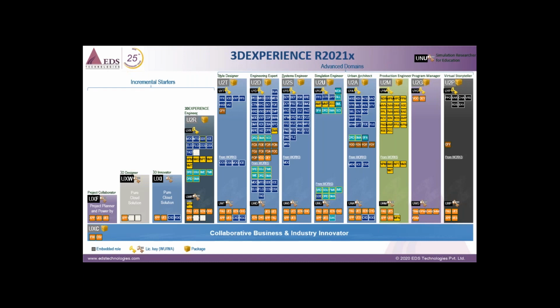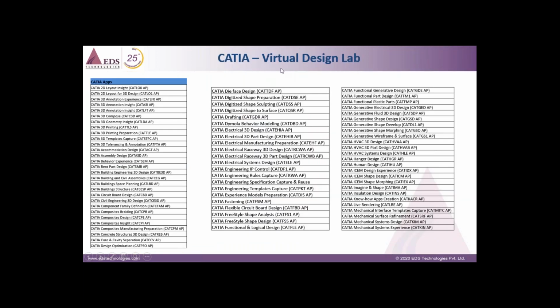And this is what I am talking about, a complete portfolio. Till now we talked only about this 3D innovator, which is covering X design and X generative design. As I said, if you want to continue on advanced CATIA virtual design lab, the 3D experience portfolio consists of electrical wire harness, composites, 3D printing, functional generative design, functional tolerance and annotations, freestyle and shape analysis,